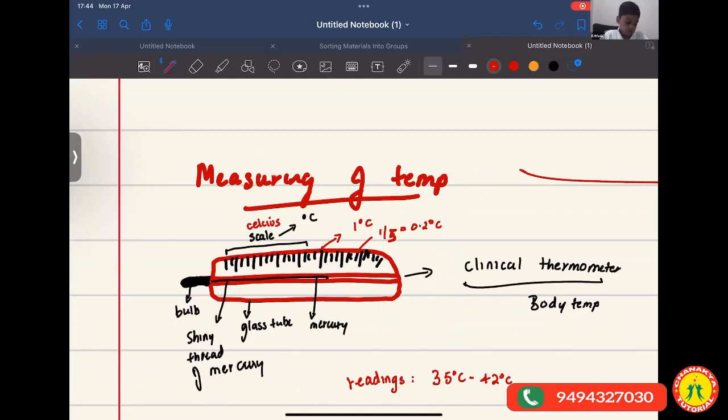Ma'am, done. Okay, fine. So this is how the thermometer looks. First, what you do is you take a thermometer, and before checking with yourself, you wash it with antiseptic solution. Okay, so I want you to find